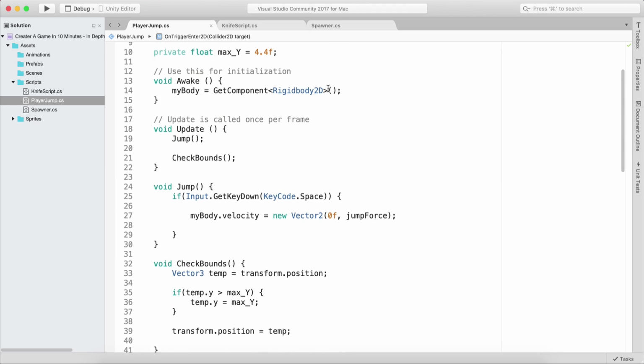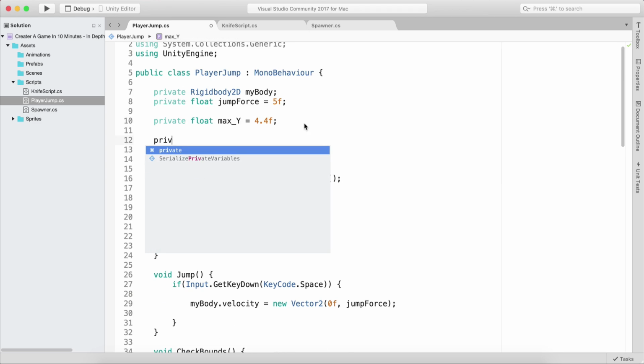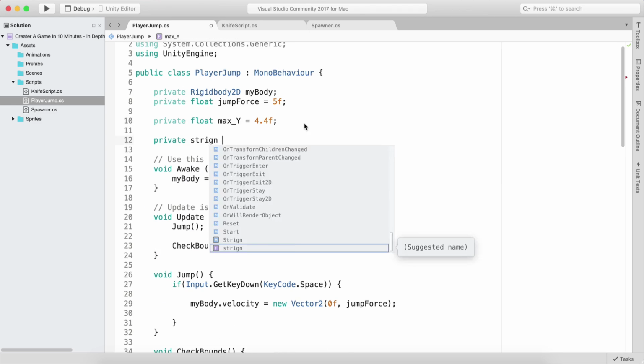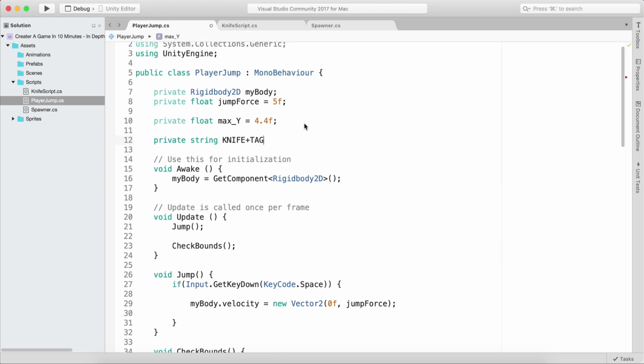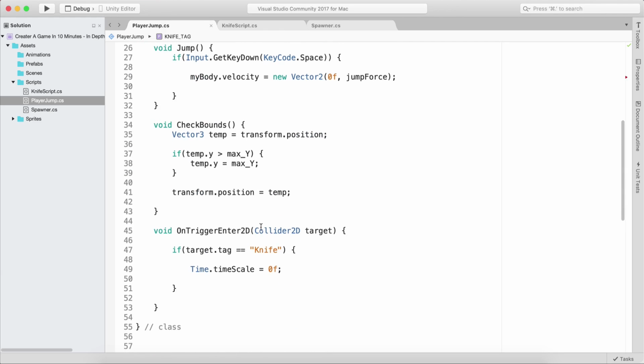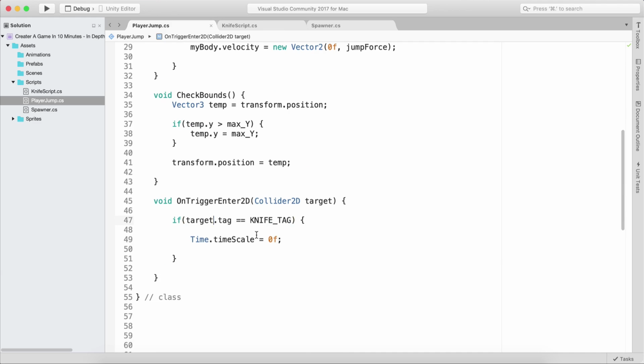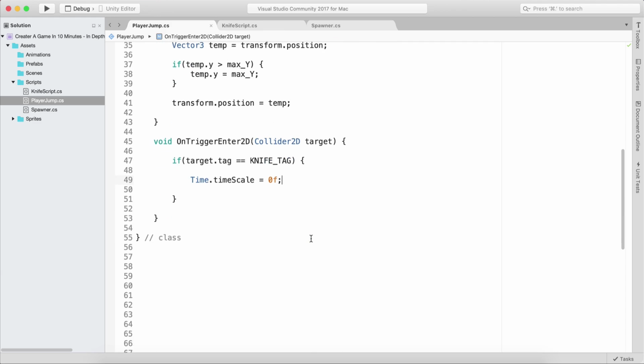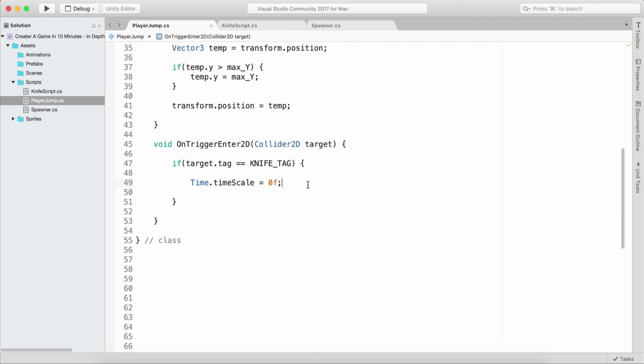what I do is I create a separate variable here, something like private string knife tag is equal to knife. And this is how I do it, because it's a lot easier to maintain. If you are calling this in multiple places in your code, it can get messy by using the hard coding